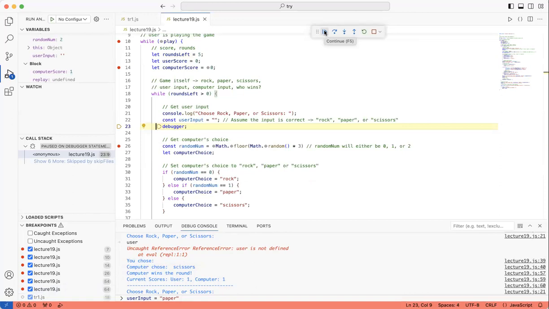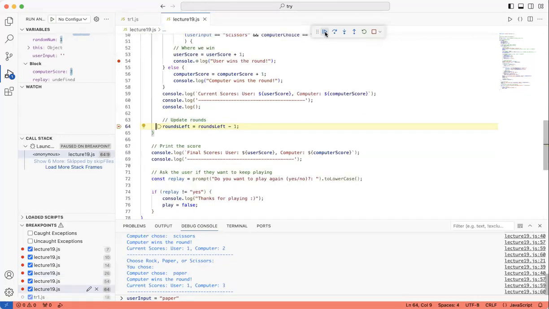Now let's continue again. So it's asking me for rock, paper, or scissor again. So let's try to change this. What I understand is every time you put in an input, you have to type it in again. So this is one of the drawbacks over here. We will try to come up with a solution for this, but for now, every time the console asks for an input, you have to type out the whole thing, or maybe just change the words over there. So let's continue.